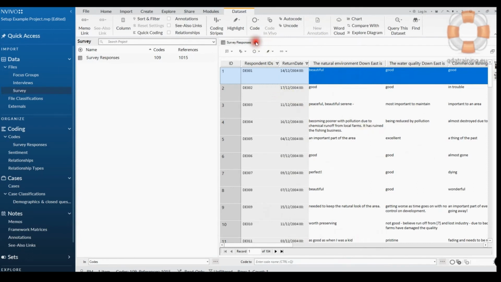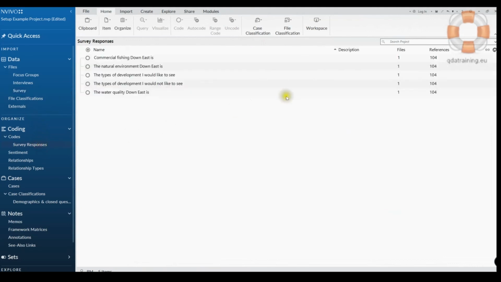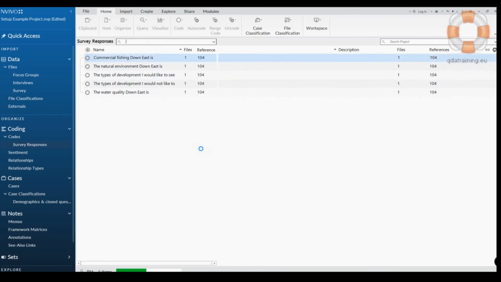Once I import it, the die is cast. Then I have all my open-ended responses. So there's the different responses. You can see if I open up one of these, it's just text, but I could now start to